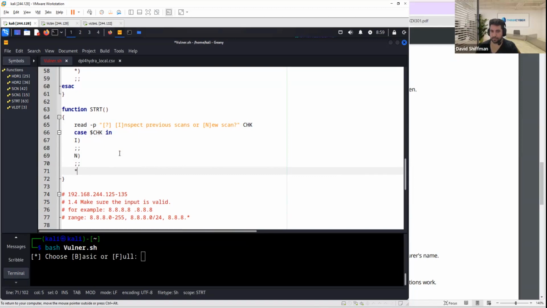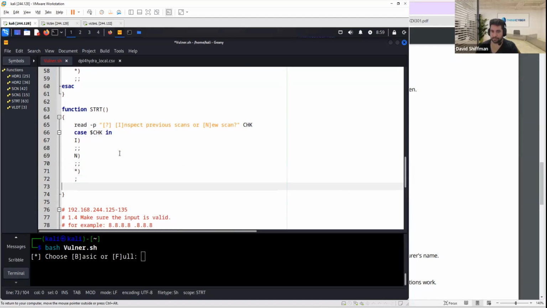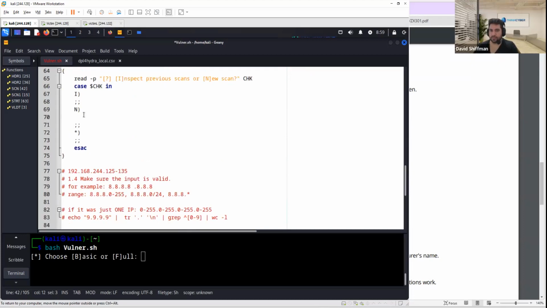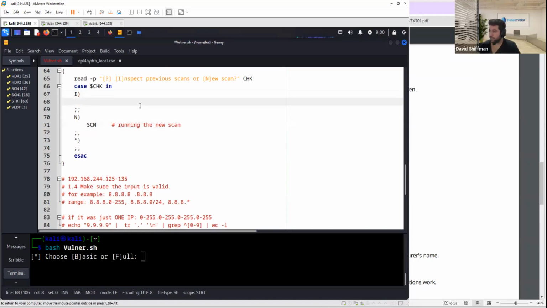So let me just do this. We'll say this, we will say this, and we will say I for inspect. Good. So over here, if I want to do new scan, I can just send it to new scan, and we called it scan. So let me just call this here. So if a user says he wants a new, I'm just going to put this here. Look how nice this is. I can just say now running the new scan. And over here, if you want to inspect, I can just say,